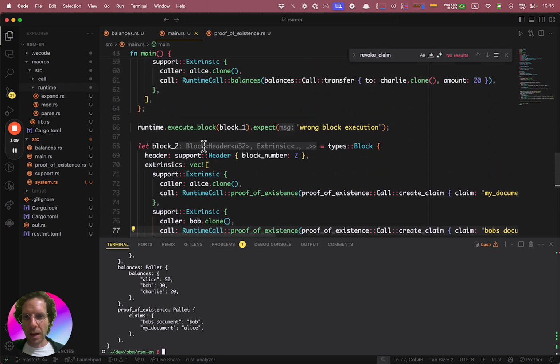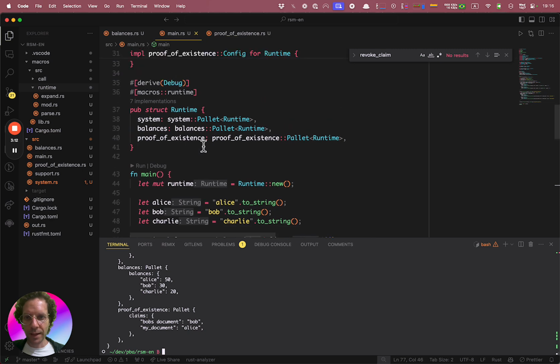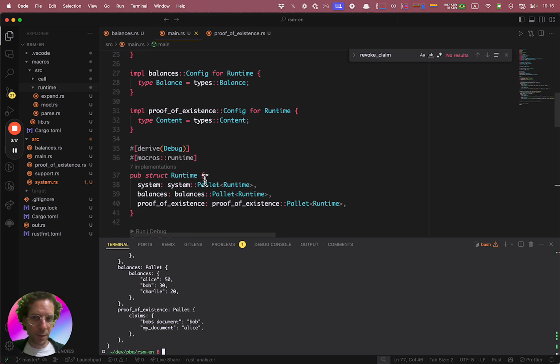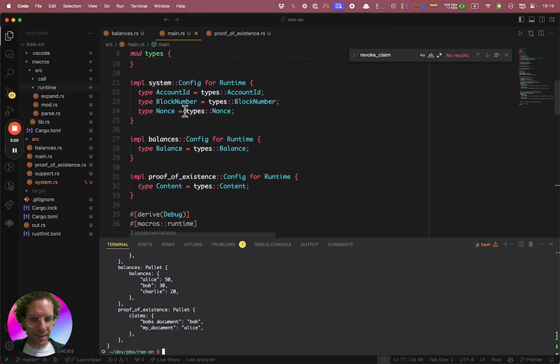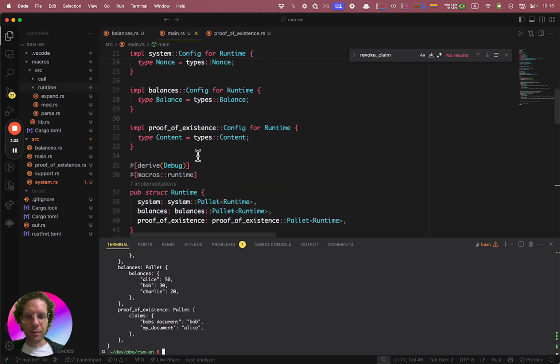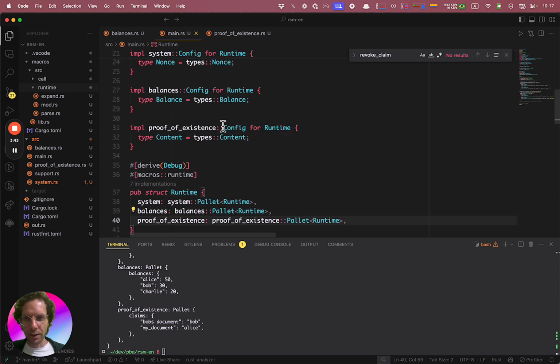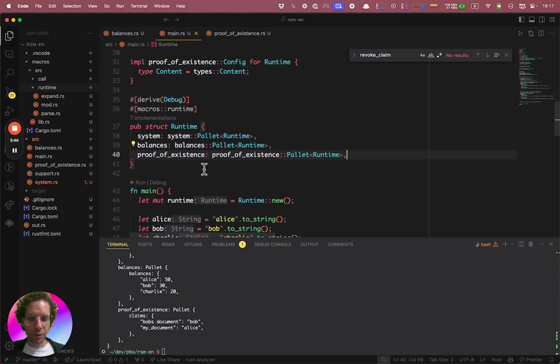And look how simple my code is. Basically my runtime is just the list of palettes that I need to use, their type configuration, and that's it. Nothing else. Every new palette that I create will be much simpler because now I will use the macros inside the palettes to create the calls that I need to add to my runtime. And then I will just add this to the structure, basically listing the palette here in the runtime structure. And later on, it will automatically generate the code for me.